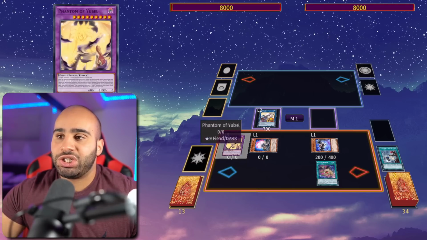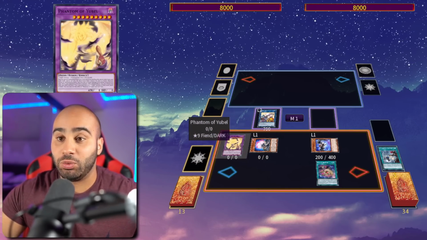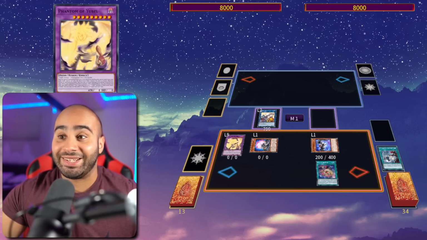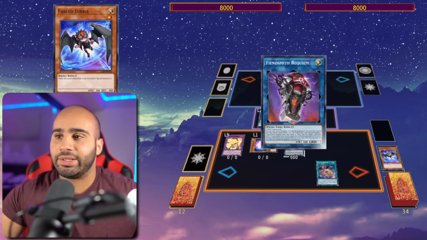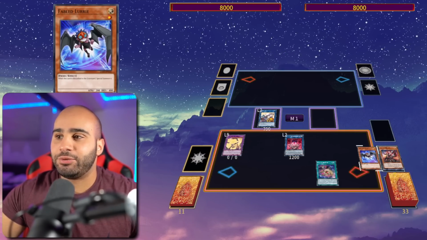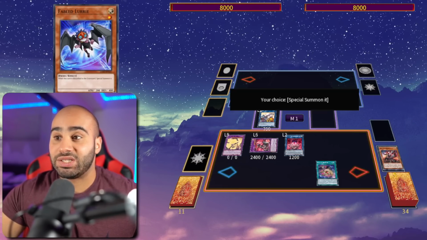But anyways, Cross Sheep revive back the Samsara off of the Phantom of Yubel summon, which is, again, free real estate, the same thing as Mana Dome. If you used to be a Mana Dome player, this deck is perfect for you. We will be using the Tractus in order to search the Luri, not the Fiendsmith, and then discard it, and then revive back, and then go into Requiem, and then summon the Fiendsmith, and then go into Sequentia, and then fuse there using the Luri as well as the Requiem for Lacrimosa, revive back the Fiendsmith, and this is where